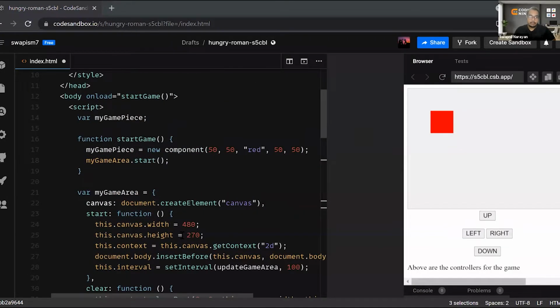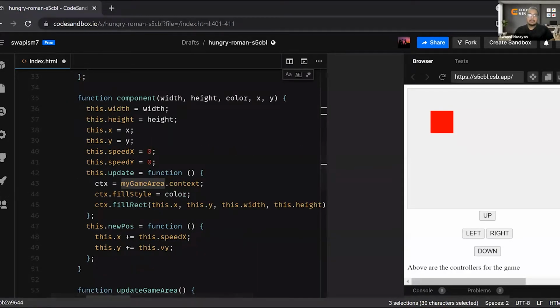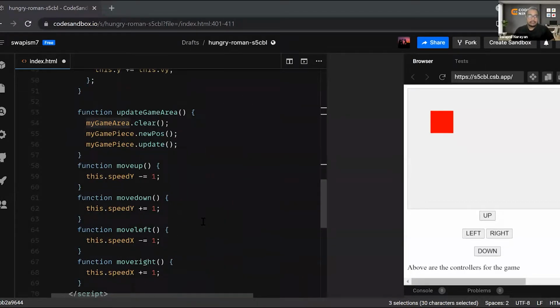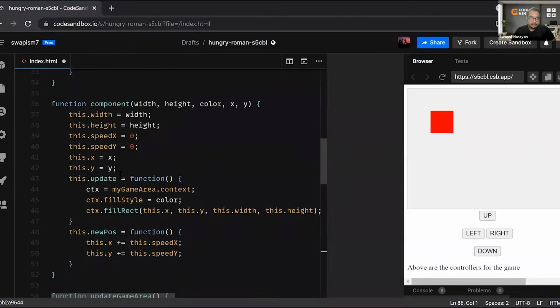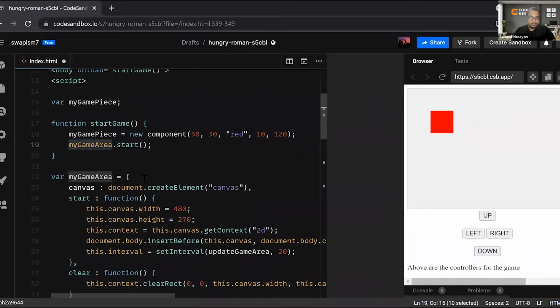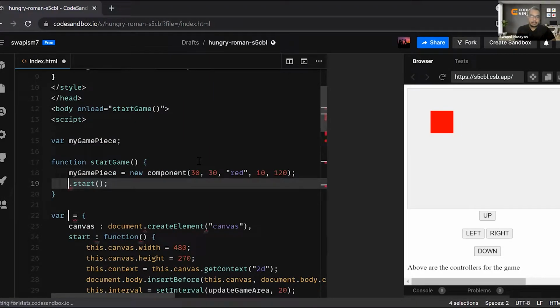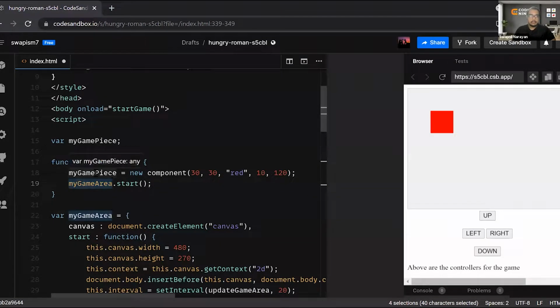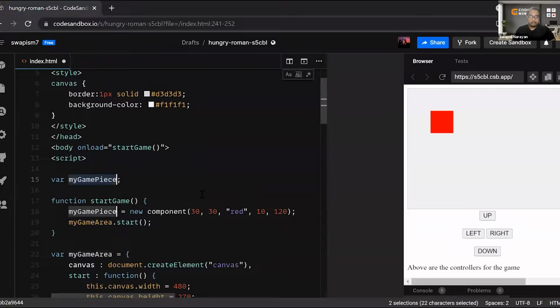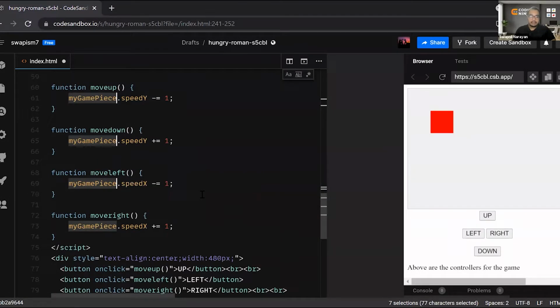If you want to change the name of something, let's say you are not understanding my game area, in VS Code or any code editor, if you just click on that my game area and press Control D, it will select all those occurrences, and you can simply change them. So if you don't want my game piece, you can make it block or anything you want.